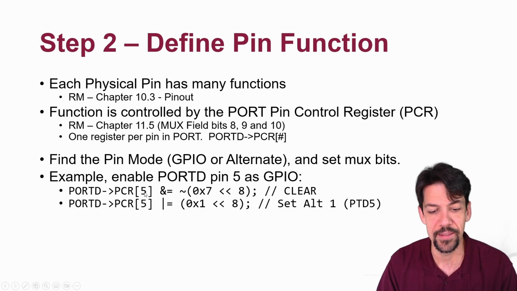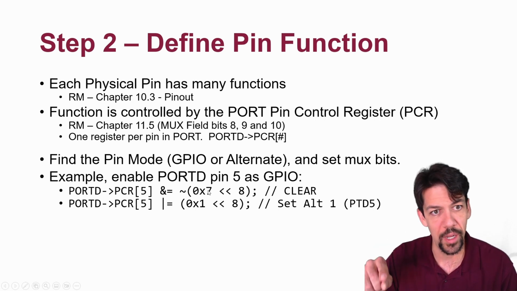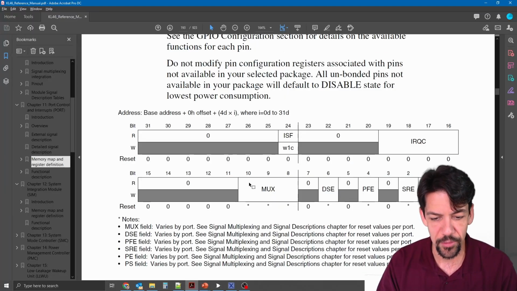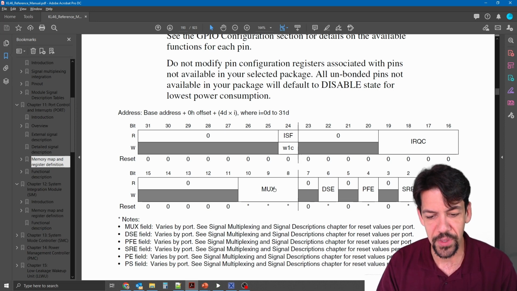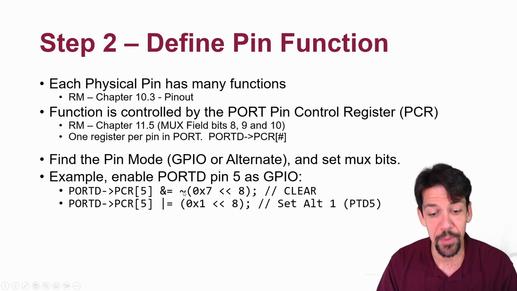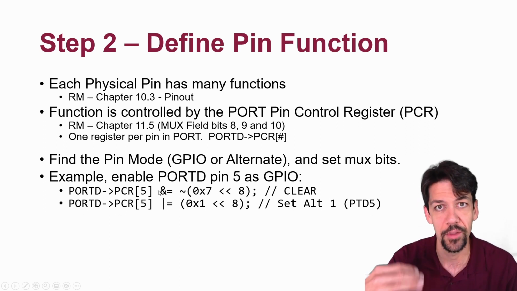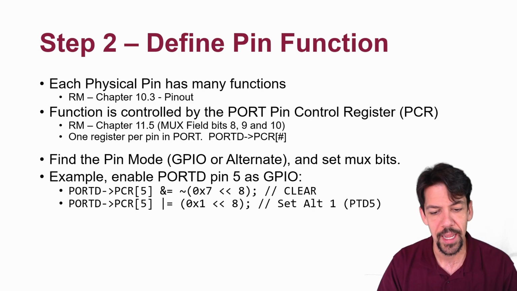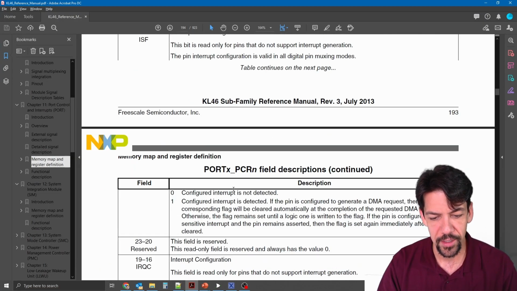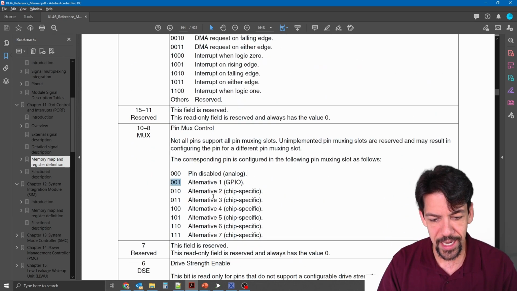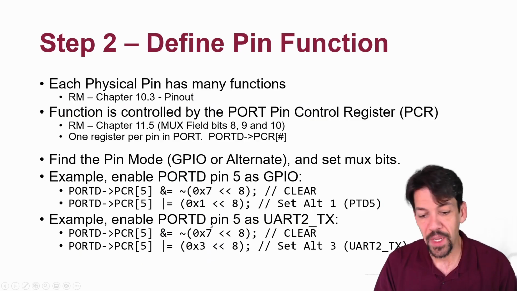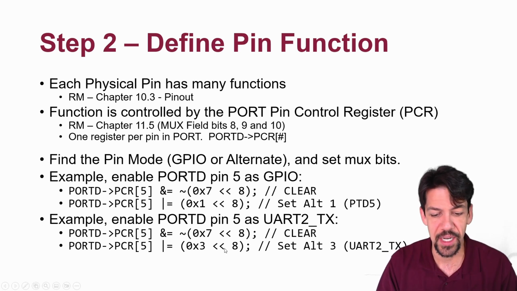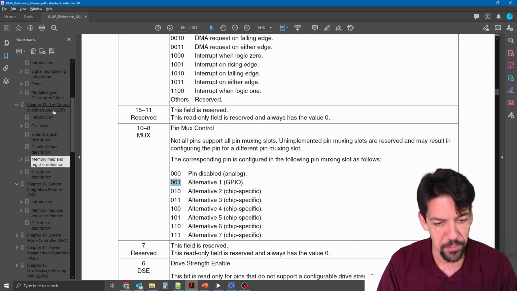5. This is index 5, and then I'm going to clear the 3 bits. A 7 is a 111. I'm going to left shift that by 8, which takes me to this region where the MUX is. So I'll have a 111 here, but I'm inverting it and then ANDing it. So this will clear those 3 bits and make sure they're all 0 to start with. And then I'm going to write a 1 into that same area, which makes sure that we are enabled for GPIO. If I want to do a different functionality, I clear those same bits, and then I just set the alternate 3. So from that table,